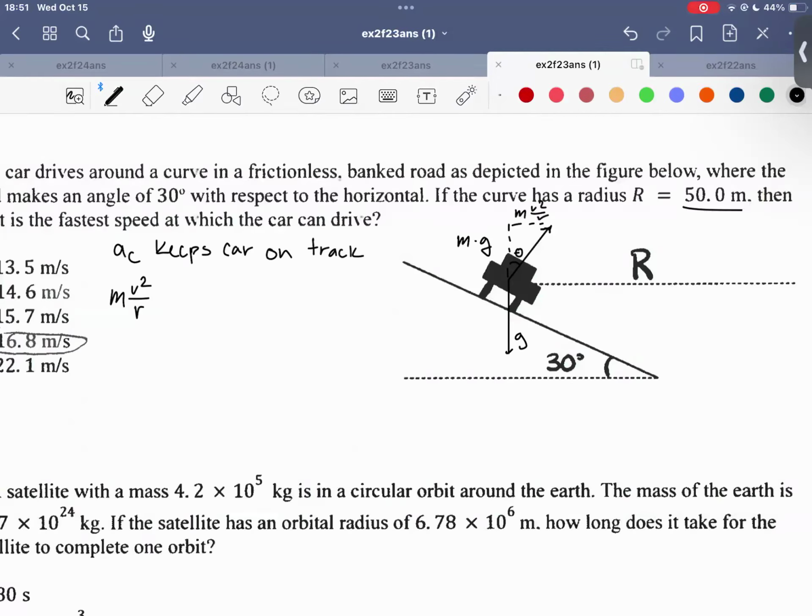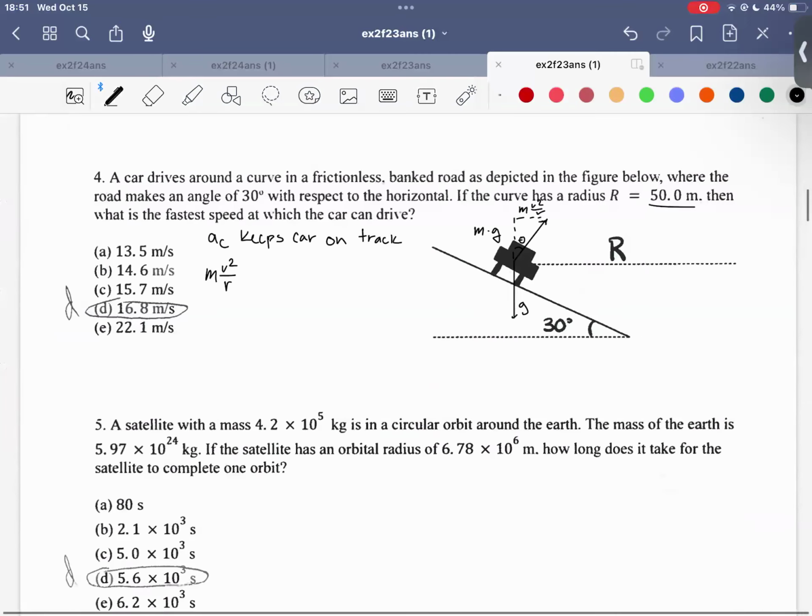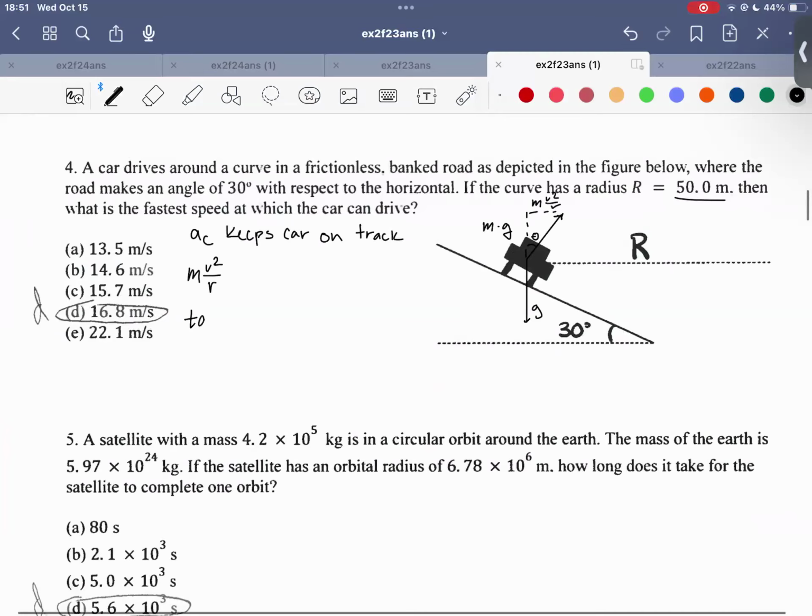So to solve for this velocity, we're gonna say tan theta is equal to, again, opposite over adjacent. So m v squared over r is